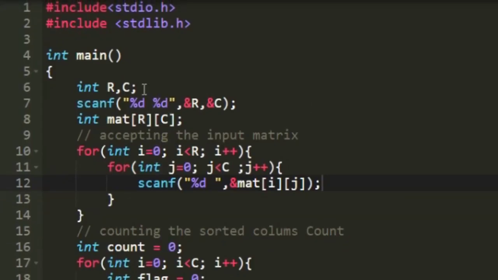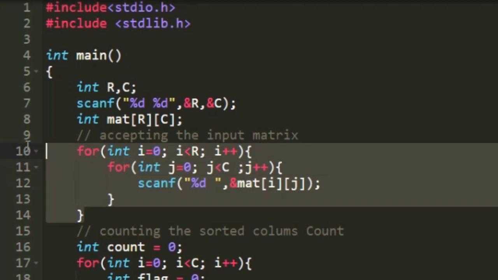Initially I have declared 2 integer variables R and C, and then I am accepting their values as input. And in the next line I am creating a 2-dimensional array named mat of size R cross C. So we are going to accept our input matrix in this 2-dimensional array using a nested for loop.